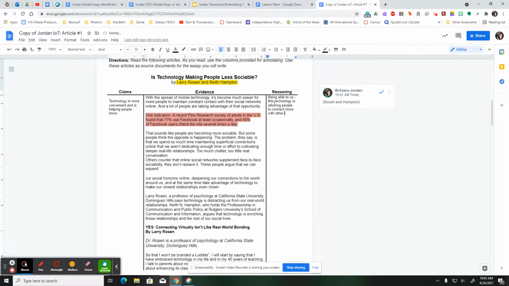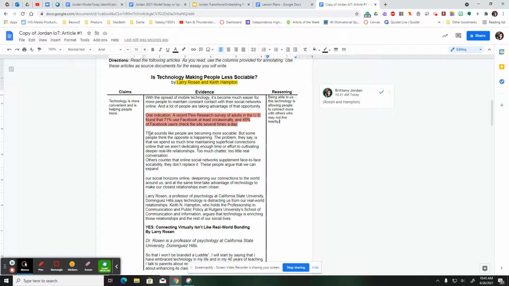And I'm going to take it one step further. And we're going to talk about how they don't maybe live nearby. So Facebook can help people connect. Okay, so I've got my claim, evidence, and reasoning for this one piece right here.